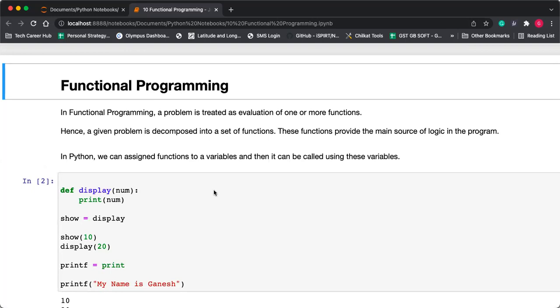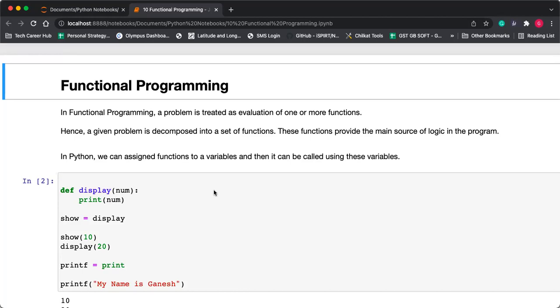We will divide our program into one or more functions, and we will call a function when we need it to be executed. Hence a given problem is decomposed into a set of functions, and using those functions, we can solve our problem.